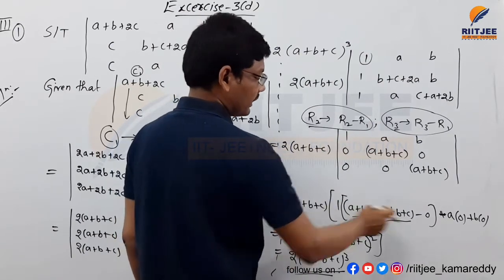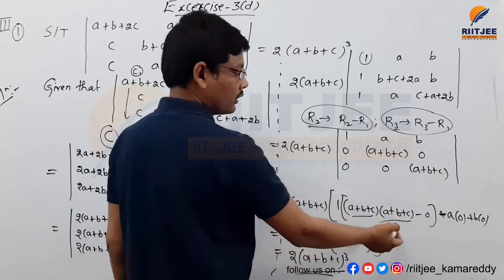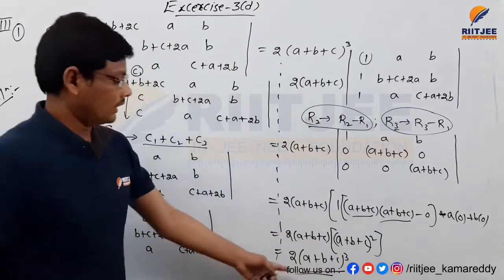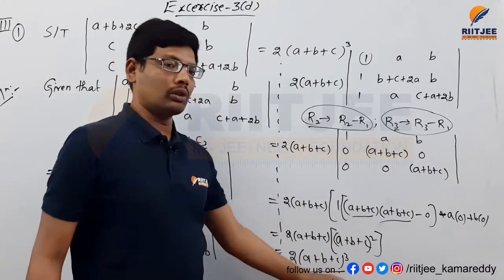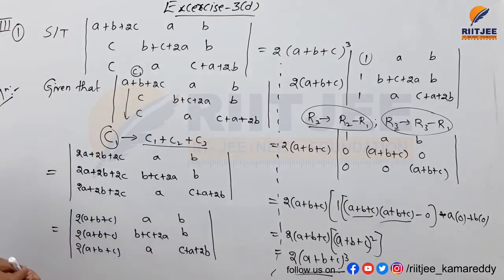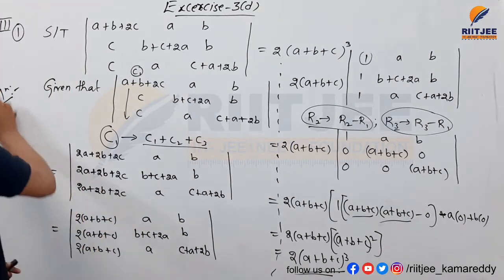Finding the determinant here, 1 into this term will become (A plus B plus C) whole square. So finally, 2 into (A plus B plus C) whole to the power of 3. This is all about the solution for this question. And the next question is